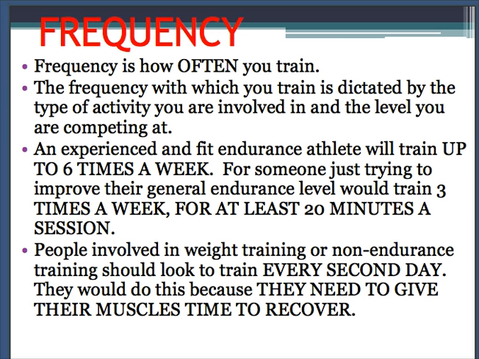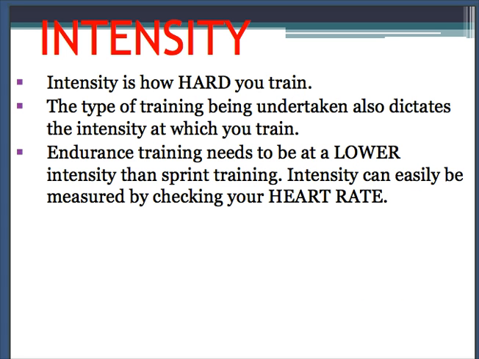Frequency is a principle, and basically it's how often you train. So for example, for aerobic improvement, it's recommended that you train a minimum of 3 times a week, and must be above the 20-minute mark. Intensity is how hard you train. This is based on heart rate, maximum heart rates, etc. Also, the intensity when doing weight training may be based on the load or the amount of exercises or sets and reps you're doing.